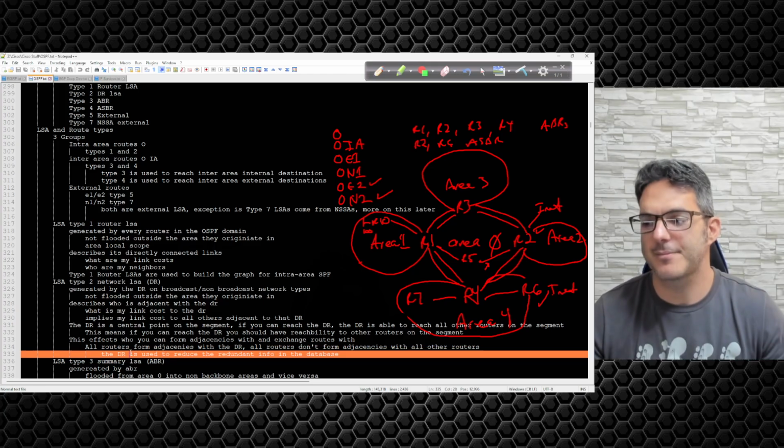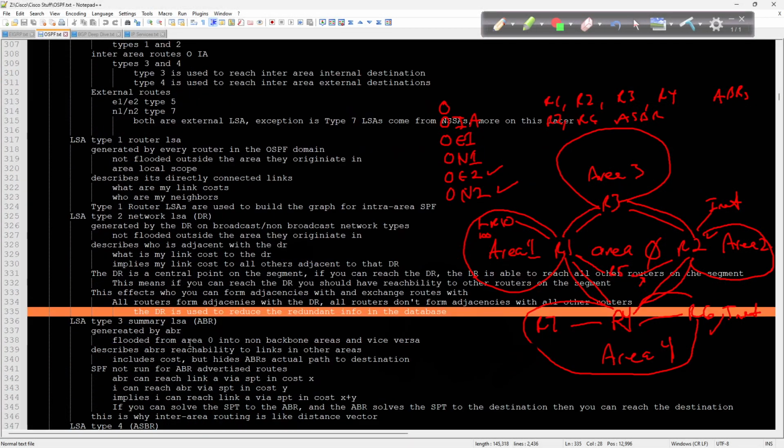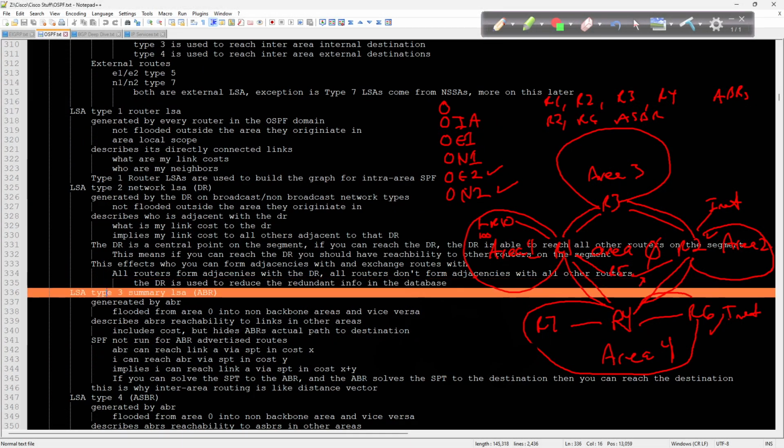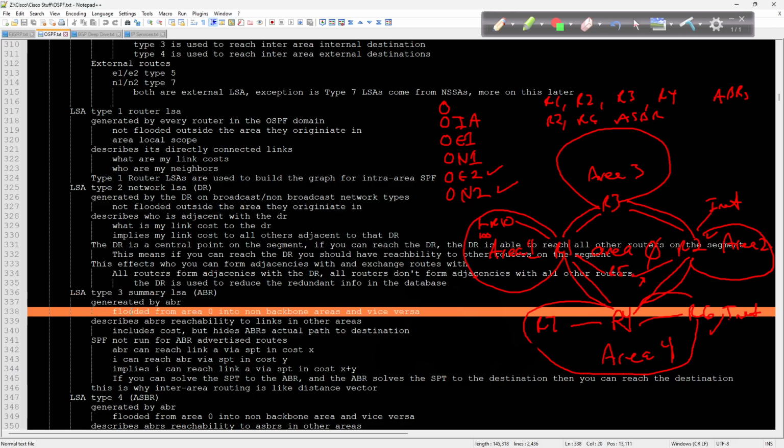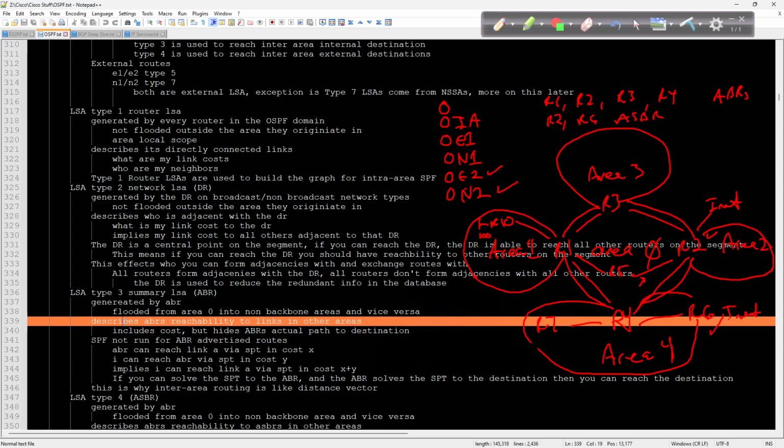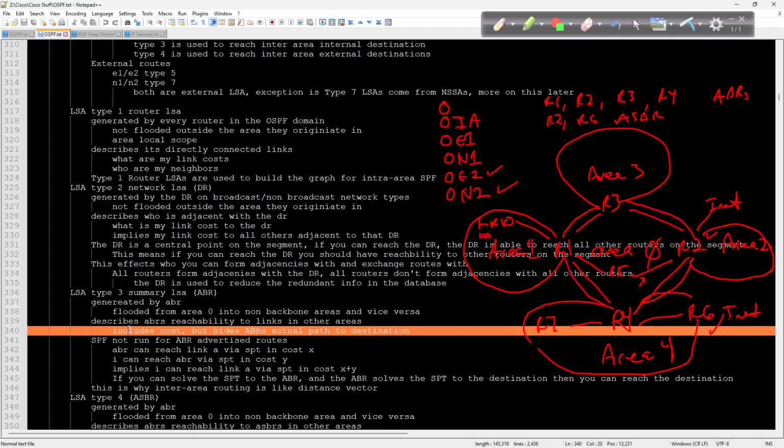Alright, so let's dive into the Type 3 LSA. LSA Type 3, the summary LSA, is generated by the area border router, or ABR, and flooded from one area into non-backbone areas and vice versa. It describes the ABR's reachability to links in other areas. It includes cost but hides the ABR's actual path to the destination. SPF is not run